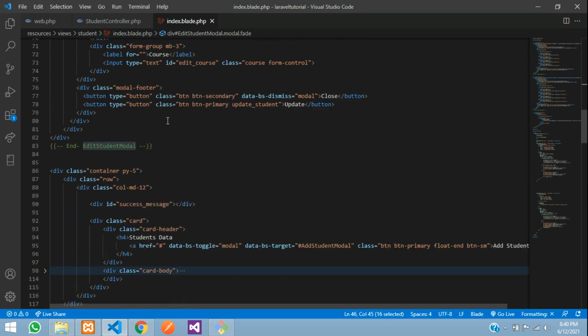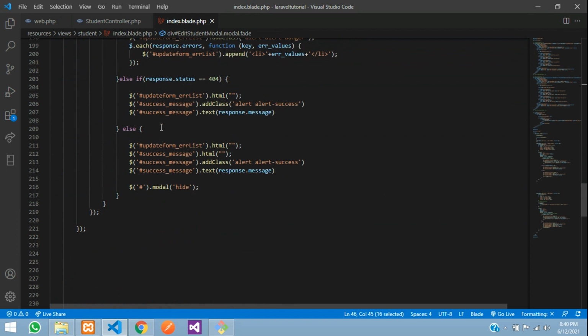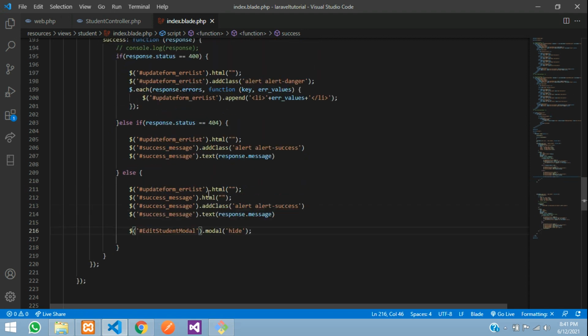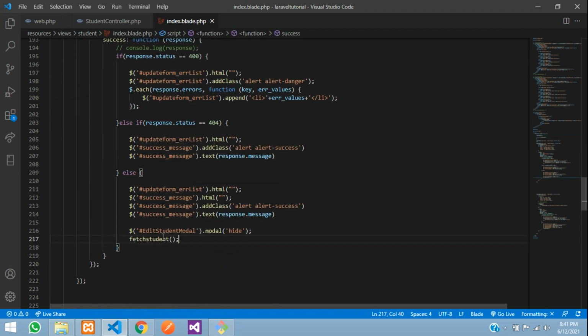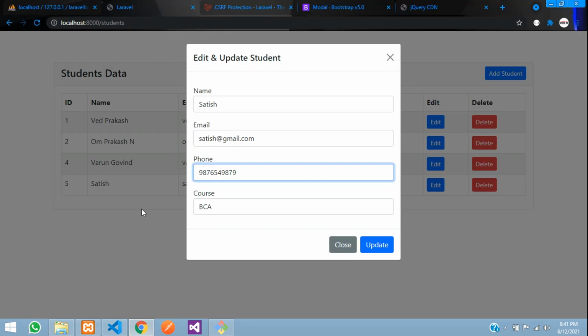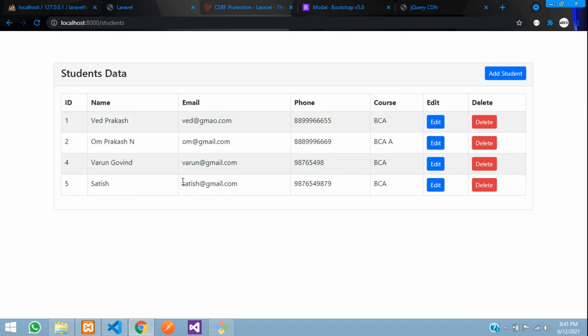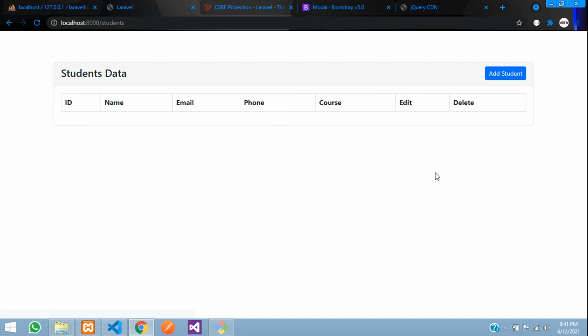So let's copy this edit ID and paste. And once it's hidden, guys, as simple, we have to fetch the function. So let's copy this and reload our table. Save. So this table which you are seeing over here, right? We have to load that. Perfect. Let's refresh, guys, and now let's work on it.